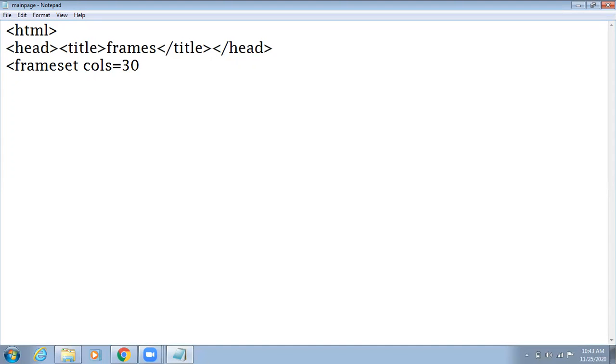So I'm dividing it into a 30% portion and then a 70% portion. Now, because there are two portions of the page, 30% and 70%, I have to insert two different pages here. So using frame src, I can add two pages.